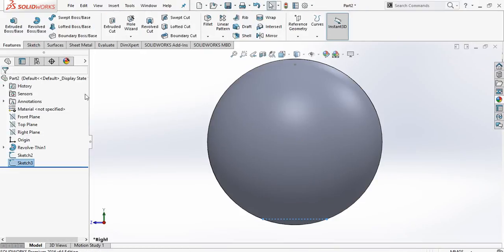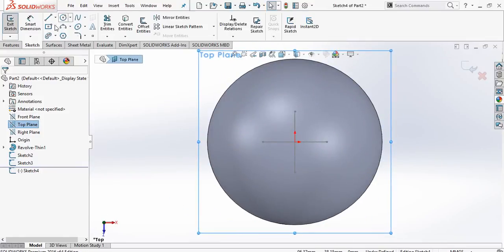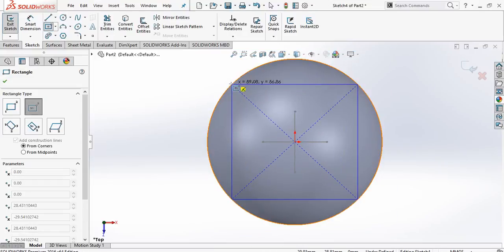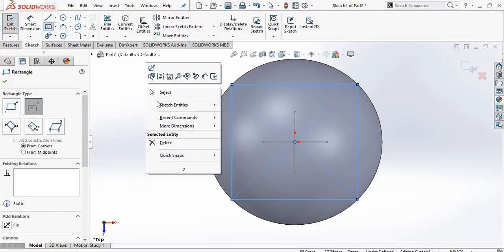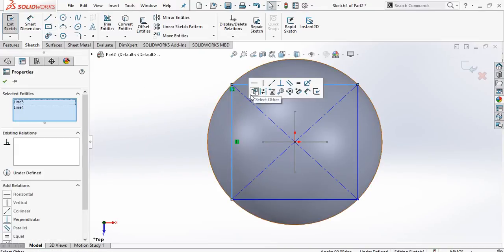Exit. Now choose top plane, go to sketch, Ctrl 8 for normal, and here select a center point rectangle and draw a rectangle. Make sure the corners coincide with the outer line. Okay. Now choose these two edges and make a relation equal.